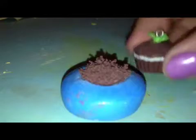To support the sprout itself, I'm actually going to use an eye pin, just like I did in this cupcake that I made. So what you want to do is take your green clay, and rip off a little piece, and you'd be surprised that you really don't need that much. And you're just going to want to roll this into a...